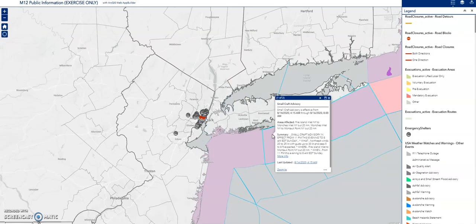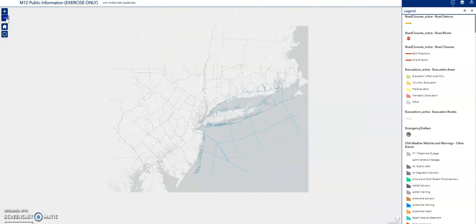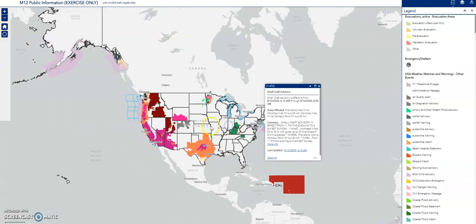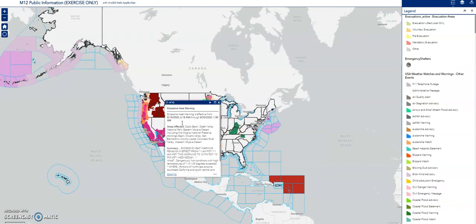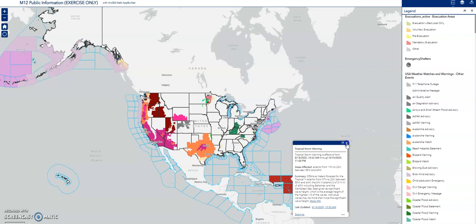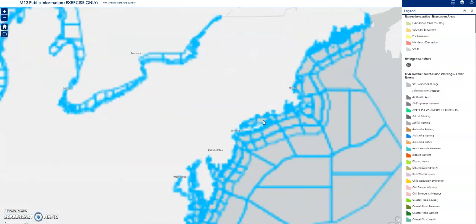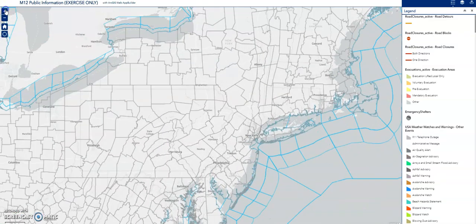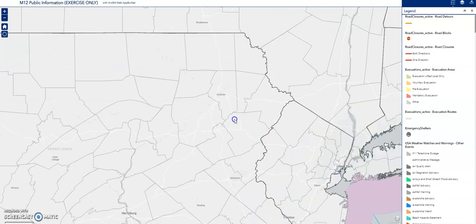weather incident reports, and this was a small craft advisory, which is the closest that we have to Hudson County. But if you go on even to a grander scale, you can see them all over the country for different reasons. This one's an excessive heat warning. This one is probably for a tropical storm warning, and it is the season for that. So there are many different things, but it offers just a different perspective to the application that you just saw